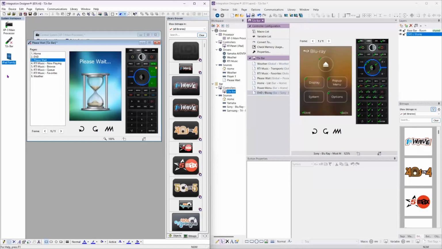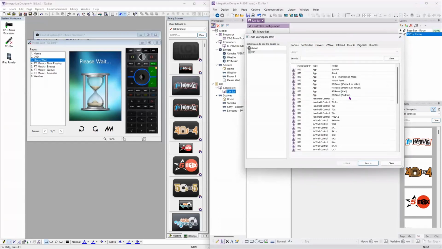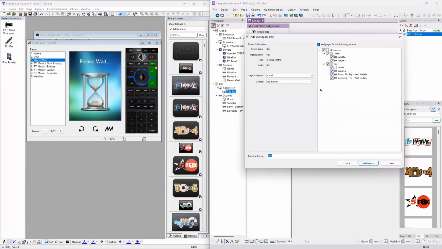But one of the cool things about Integration Designer 11 is that instead of going through adding it in and adding all those pages again and putting the macros or commands in and all that kind of fun stuff, you can actually just add it in to the project right away. If I wanted to add in, say, an iPhone into the global area, or even let's do a KX3 or 4, into the bar as an example, and hit next and say, okay, here are all the pages that I want for this. And put it in. I'll just do a button menu as an example here and hit